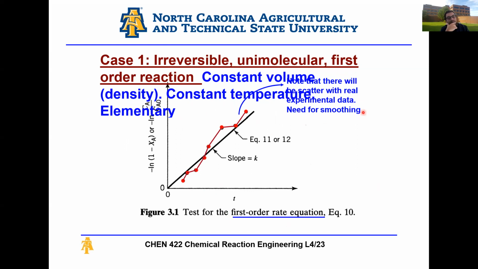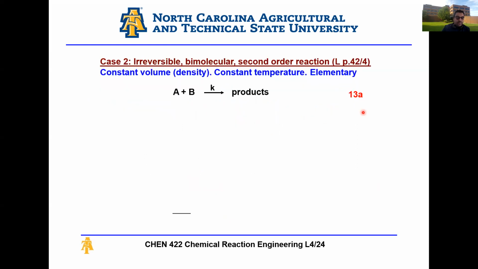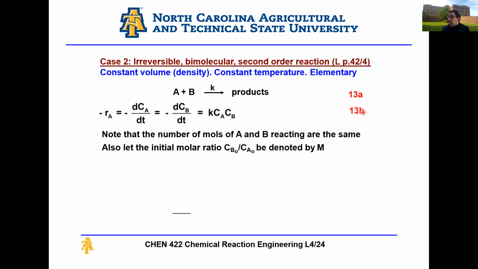So for a case one, we have a reversible unimolecular reaction. That's what it's going to look like. Okay, then case two, you have an irreversible bimolecular second order reaction. In this case, I have A plus B reacting to give me a certain product. And again,